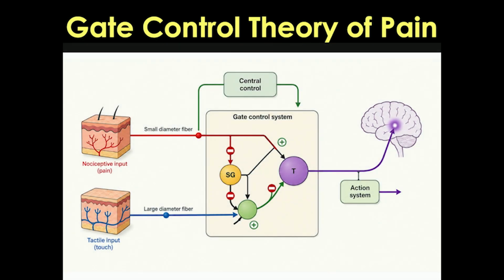Okay, so how many people think that a product like that would be a legitimate product? How many people think no? Okay, this is an example of a class of legitimate products again. And again, it's the way that we understand that the nociceptive systems work and how they interact with touch, with the tactile systems. One of the leading theories of how touch and pain interact is the gate control theory of pain.